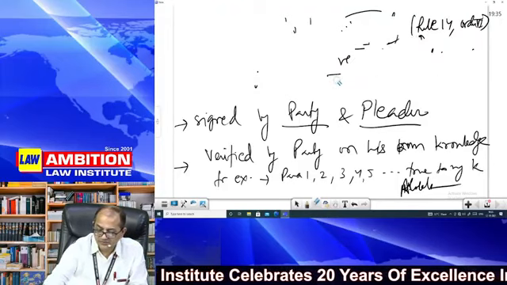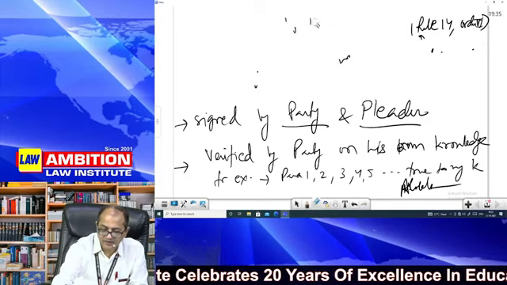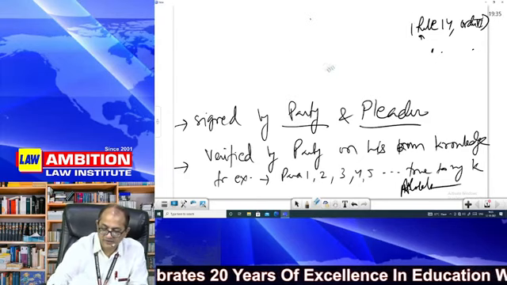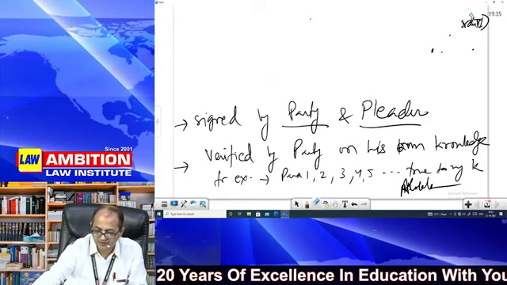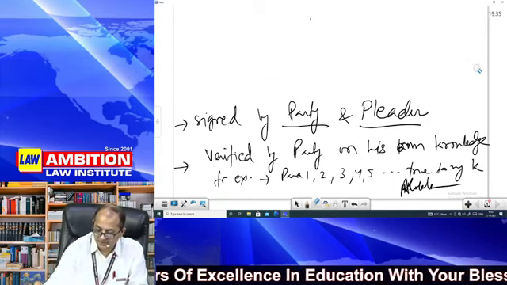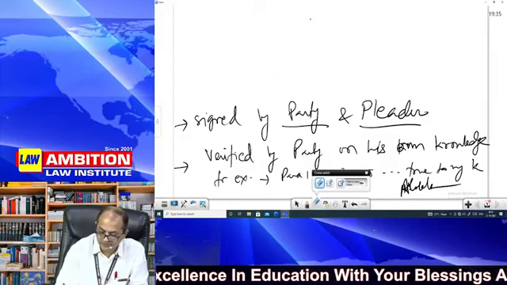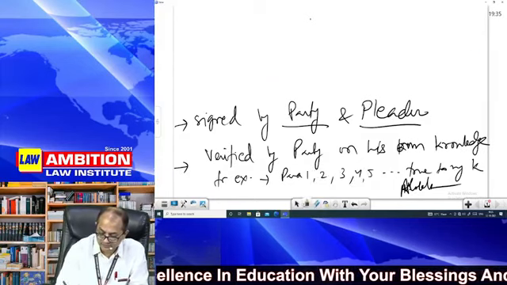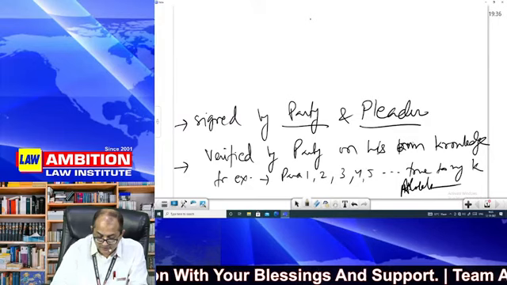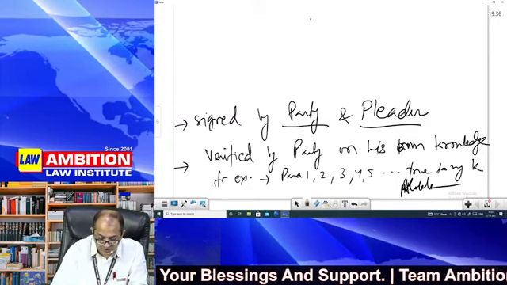Go very slowly. Some people may be in a hurry, but I give them a special lesson: please don't be in a hurry, for God's sake. If you want to learn it, I will make you learn it. It's very simple. Then the verification shall be signed by the person making it and shall state the date. All right.